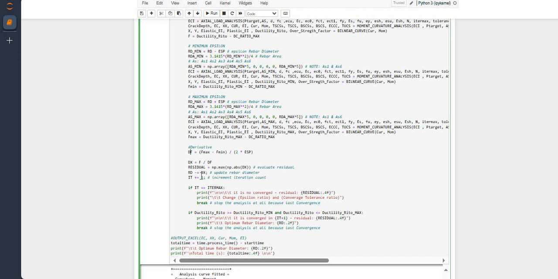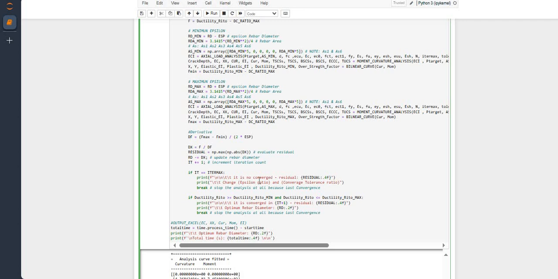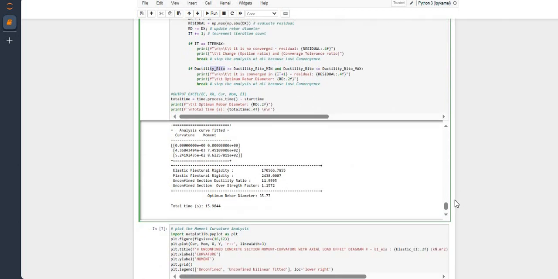Here, we decrease and update the rebar diameters based on the Newton-Raphson method. And if the iteration reaches the ultimate, the analysis is going to be stopped. And if the ductility ratio is greater than minimum and less than maximum, the analysis is going to be stopped. And at the end, the time is going to be shown. If we run this code, you see that